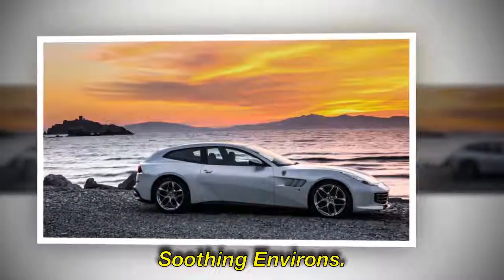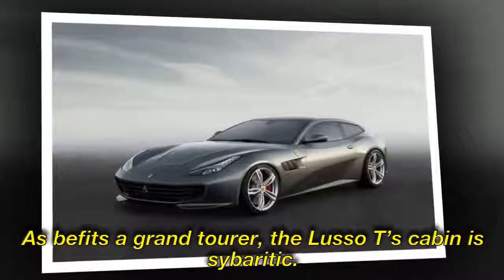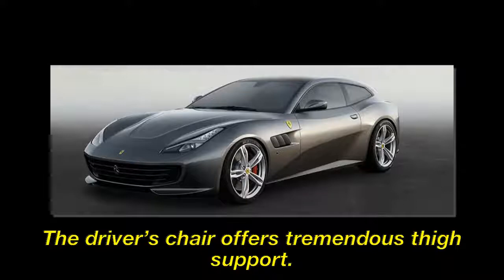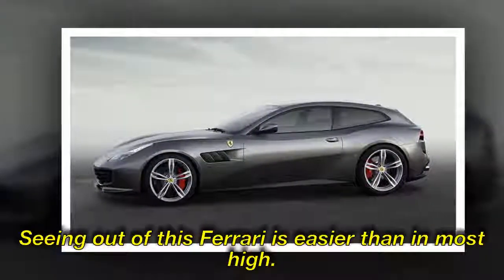Soothing environs. As befits a grand tourer, the Lusso T's cabin is cosseting. The driver's chair offers tremendous thigh support. Seeing out of this Ferrari is easier than in most high